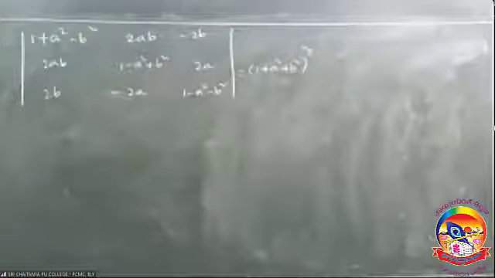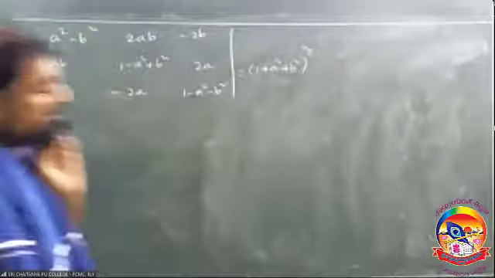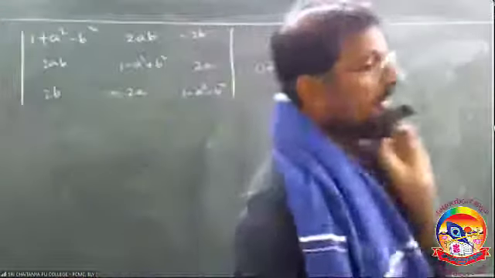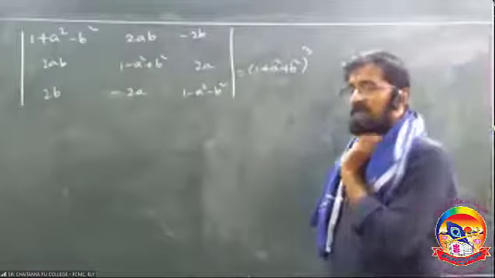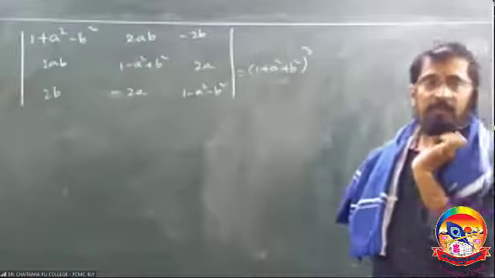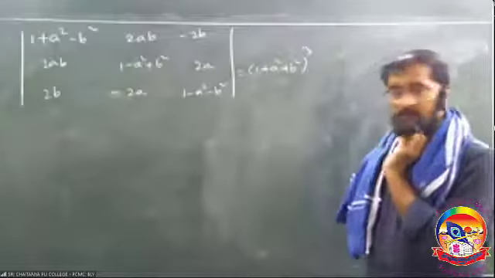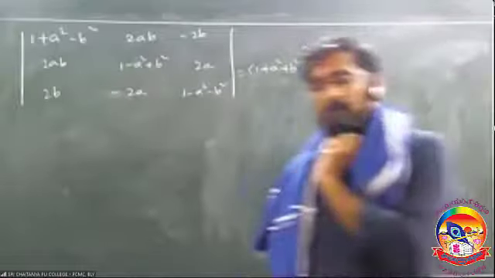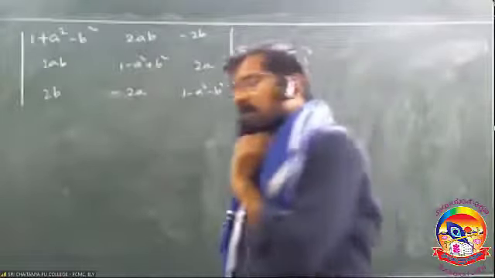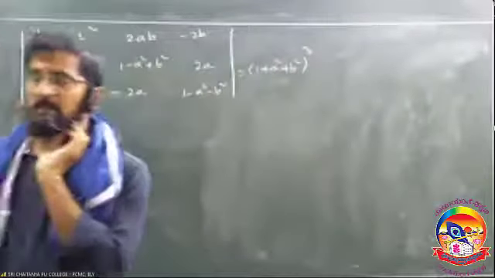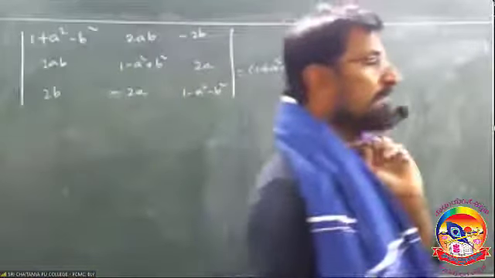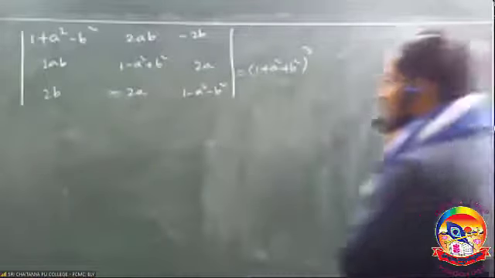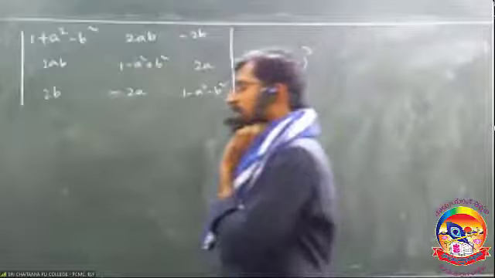Our aim is not to make the determinant 0 or 1. Our aim is to get RHS by using properties. And in objective, you are having shortcuts, so nothing to worry. There is no need to do this many problems in objective. At the time of objective, we are going to teach you the shortcut methods for this one.